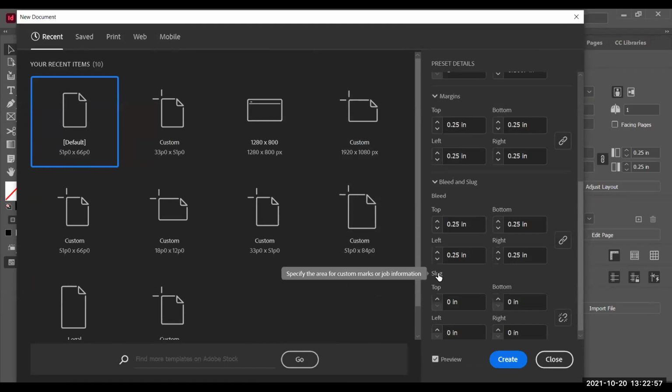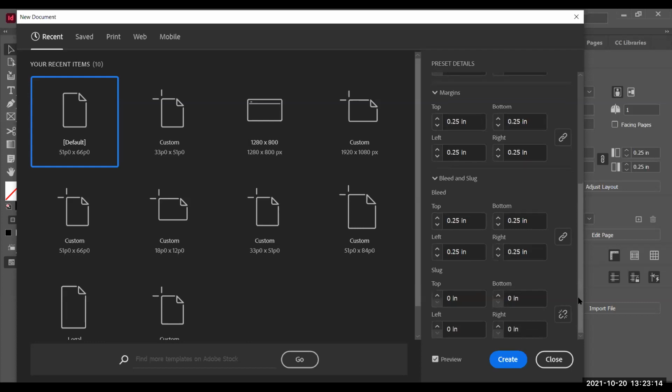And slug is actually, if you hover your mouse over it, it should give you a description. It's specifying an area for custom marks or job information. So this is specifically where you create a space to give instructions for your printer. So if you are working with a custom print house, and they accept InDesign documents, which most printers should accept, this is where you would include instructions for spot color information, or if you were doing any kind of fancy printing, such as foil embossing or